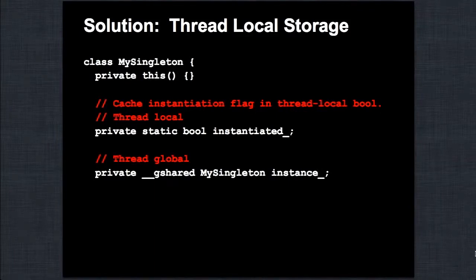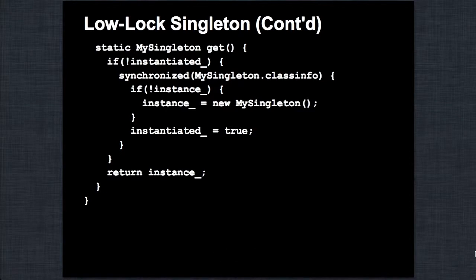So how do we turn this into a singleton that barely requires any locking? Well, the instantiated variable starts out as false in each thread. That's the default. When you call get, it checks to see if its thread local instantiated variable is true. If it is, then this current thread is already guaranteed to know that this class has already been instantiated and simply returns the instance. If not, we're not doing any crazy double check locking. We always take a synchronized block. We check directly whether the instance has been instantiated or whether it's still null inside a synchronized block, so